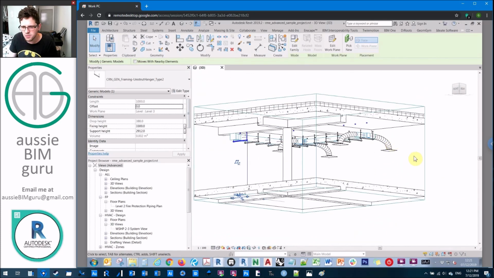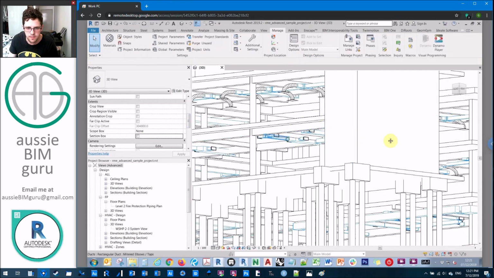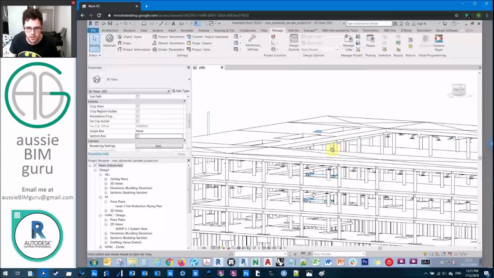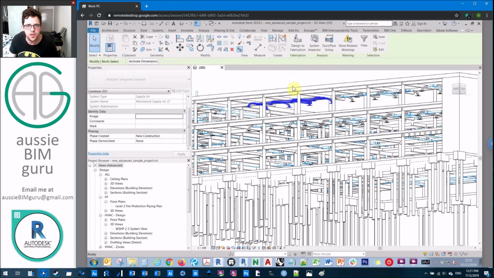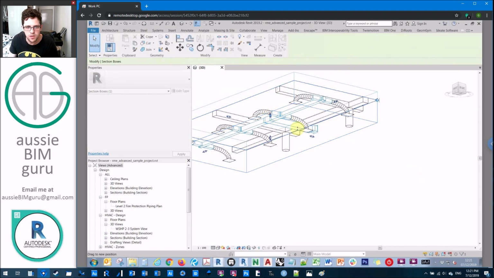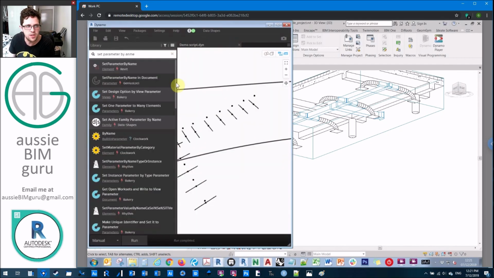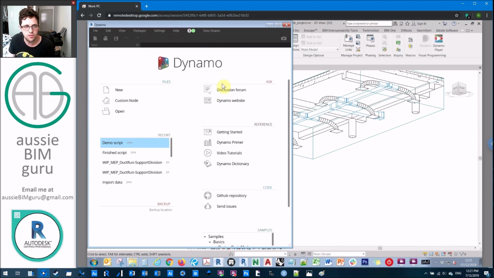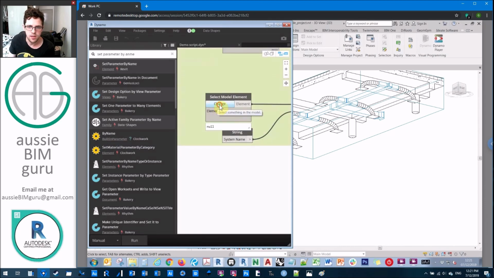So what I might do is just quickly go to another system somewhere in this view and just run it again, just to show that the script is quite flexible. What I might do is just tab select a system, do a section box, and now we can work with this. I'll just raise my section box as well so you can see the floor above. Okay, so what I'll do is I'll just close the script and reopen it to refresh all the inputs. You could run this through Dynamo Player. I'm just going to run it through Dynamo in this case. And the only variable we actually need to change here is Duct and which system it belongs to. So I'll just do that, run,